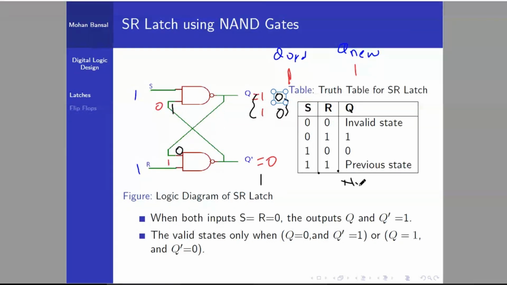In such kind of diagram, we need to take one assumption. If the past value is this, what new value are we getting? Then we can conclude. Sometimes you take 1 in the assumption and get 1 as the next value, and if you take 0, you also get 1. In that case, instead of the previous state, we can write 1, because in both cases we are getting 1. But here, if the previous value is 1, the next value is also 1, and if the previous value is 0, the next value is again 0. So there is no change in the previous state. That is why it is called the previous state, or no change in the output.